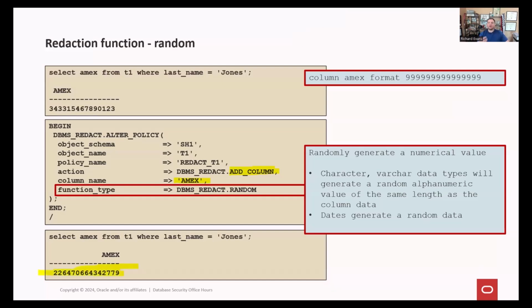If you run this query 10 times, you'll probably see 10 different numbers here, right? So it is randomly generated each time the query is executed. And so you'll get a different number each time, a different date, a different random varchar value as well. So hopefully that explains to the end user, like, okay, this is redacted data. I can't see it. I don't need it. It's not a part of the data that I'm trying to look for there, okay?